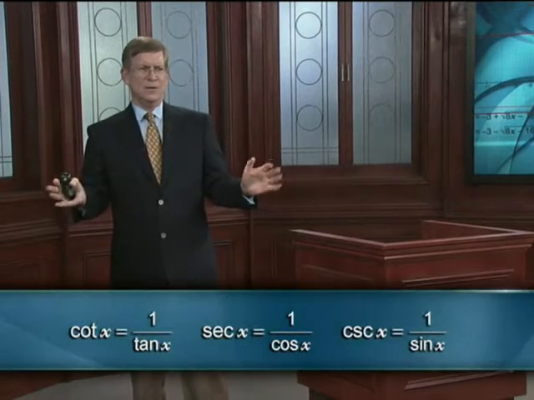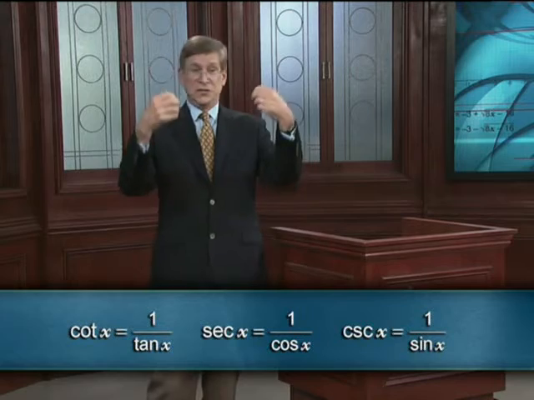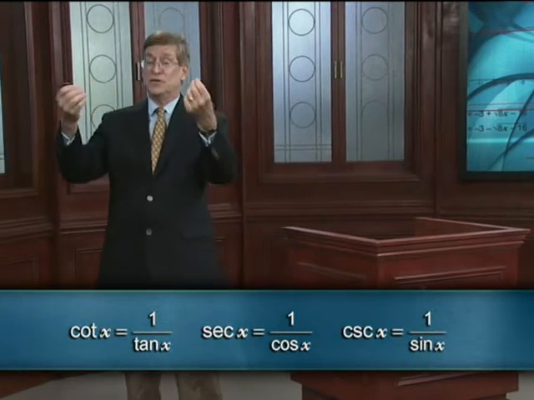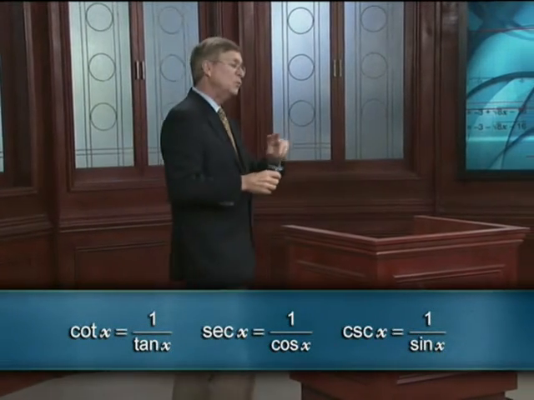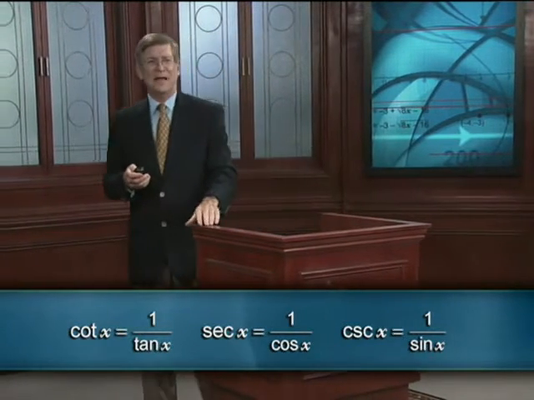Relax. You can calculate cotangent as 1 over tangent. And in the same way, secant's 1 over cosine, cosecant is 1 over sine. So you really need just 3 buttons on your calculator to get all 6 functions. Thank goodness. All right, let me turn now to a topic that really is a calculus topic, but it involves